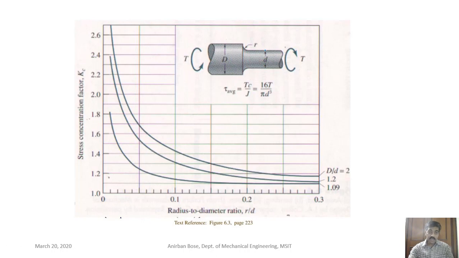a stepped pin under pure torsion, and again a fillet radius is provided. These are the sources of stress concentration, and the KT values here can also be calculated from this graph. Depending upon the loading, you can see that it is a torsional load. Okay,